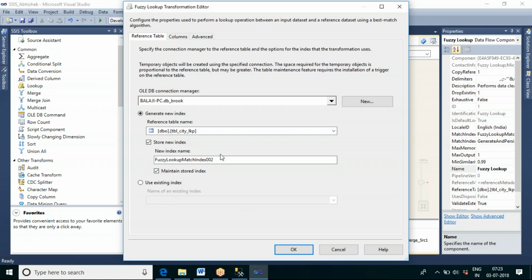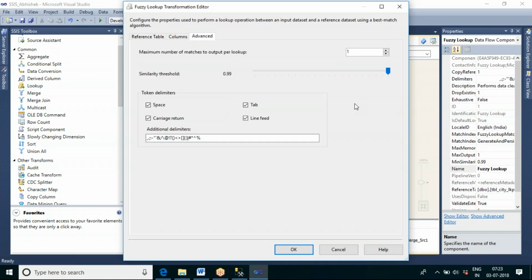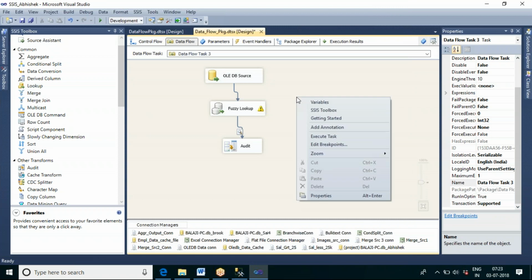I want to generate a new index. We want to join on the city name, and from the second table we want to show the state name. And let me go for 80% or 85% matching. Let me click OK and execute this.